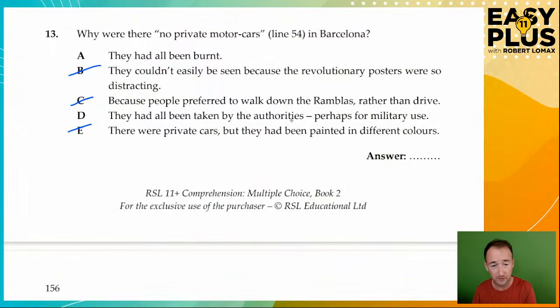They'd been taken by the authorities, who had commanded the cars, commandeered them. There's nothing at all to support A, they've been burnt. This seems to match very well. And indeed, that's what commandeer does mean. It means when something is taken over by a military or government order, some private property is taken over in that way. So the cars have been commandeered. The government or the army has said, we need to use these, we're taking them. Thank you, bye-bye. Bye-bye car. Try and remember to write the letter in this time.